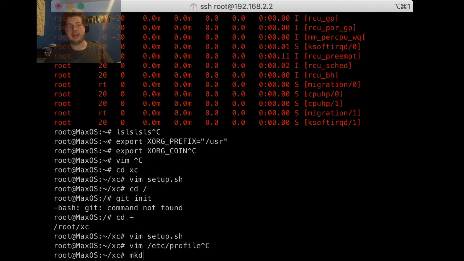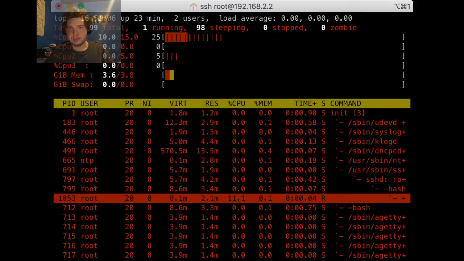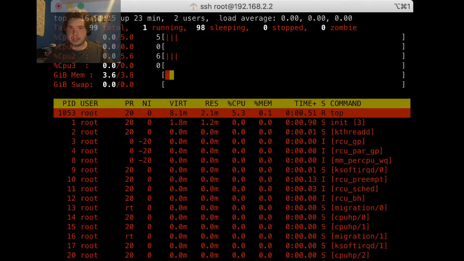Oh my gosh, it's lag. There's something happening here, because I'm connected over LAN. I'm connected over LAN and it doesn't look like anything crazy is going on, but yet my SSH is so laggy.